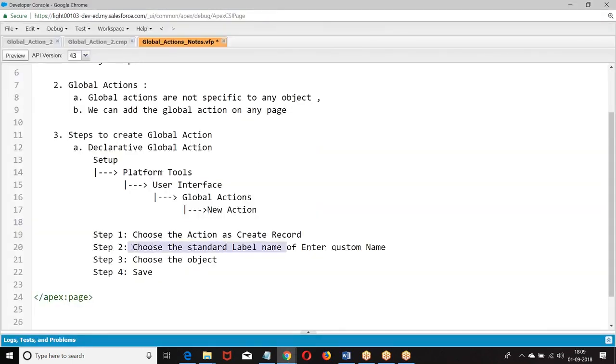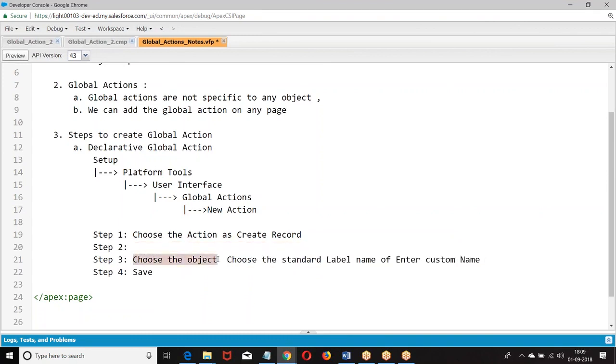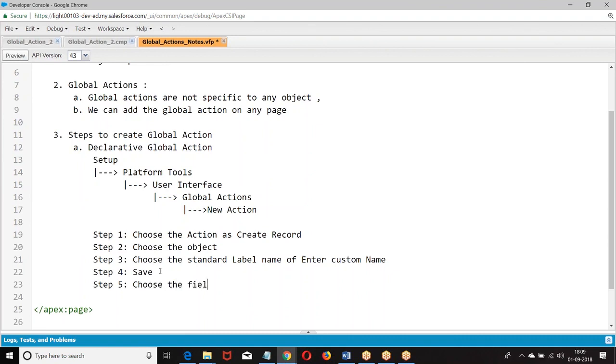I can do the steps vice versa if you want. Choose the fields, then publish the action.